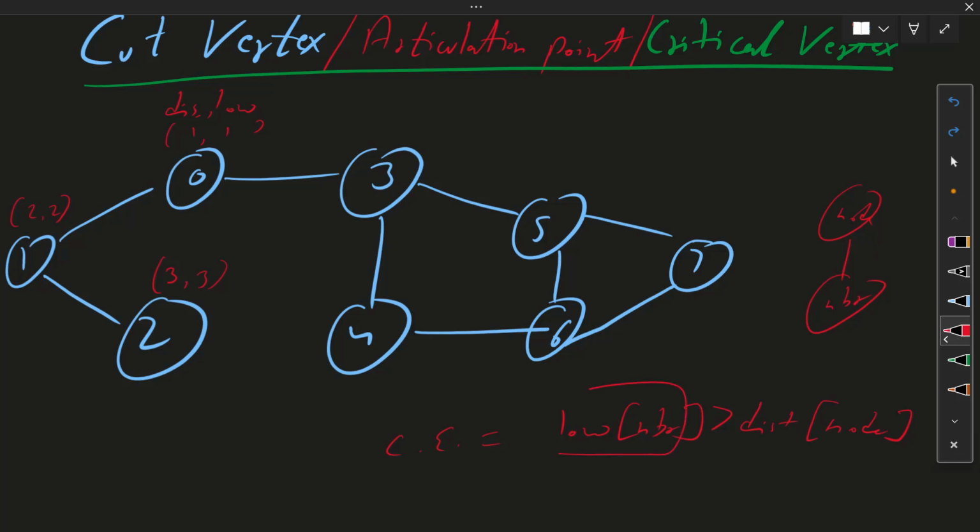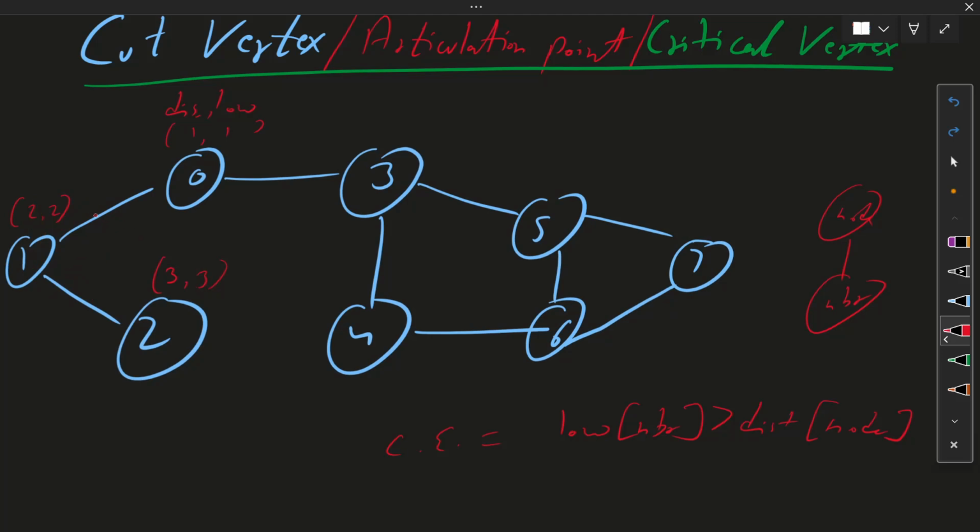So we're going to use the same approach here. If this holds, this is the critical edge, so the same applies here: this is the critical vertex. So if low of neighbor is greater than this, it means 1 is a critical vertex.